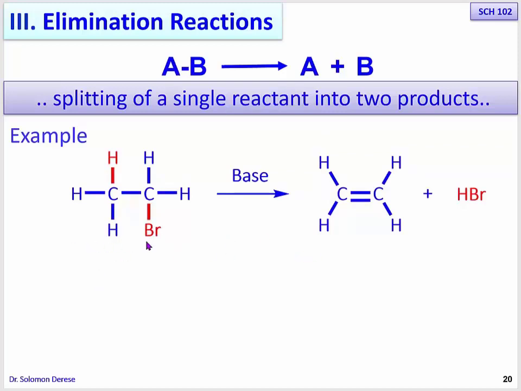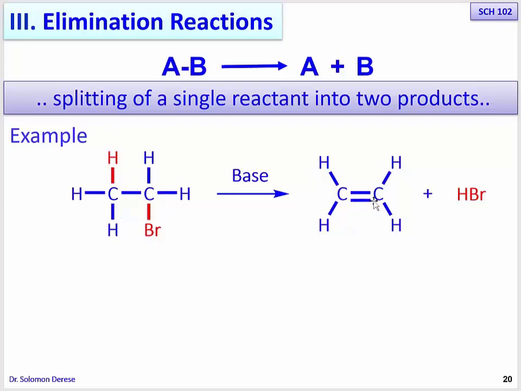From this reactant, this hydrogen and this bromine are eliminated to give us these two different products. The hydrogen and the bromine are eliminated with the assistance of a base to give us HBr and an alkene. As you can see, during the course of this reaction, these two sigma bonds, this carbon-hydrogen and this carbon-bromine sigma bond, are broken, and then instead we have a pi bond formed, exact opposite